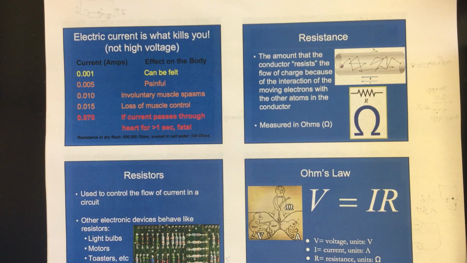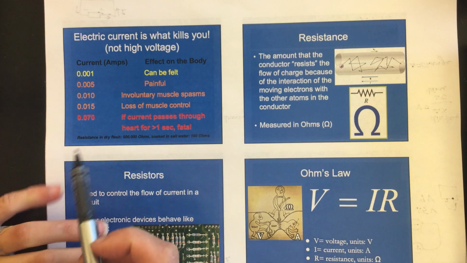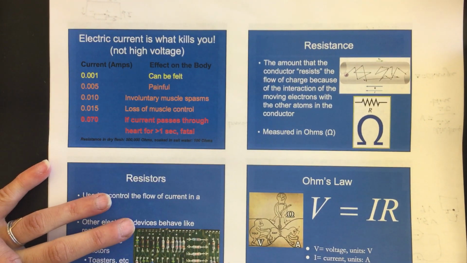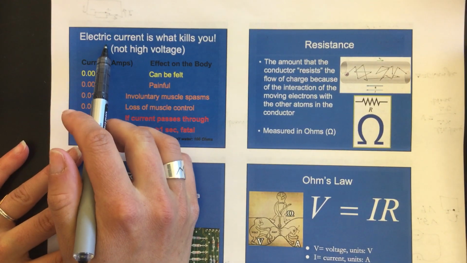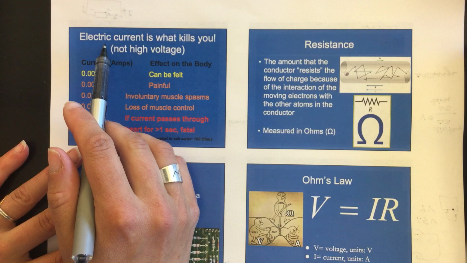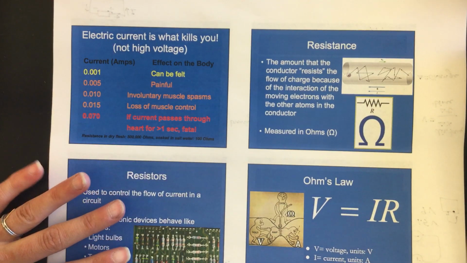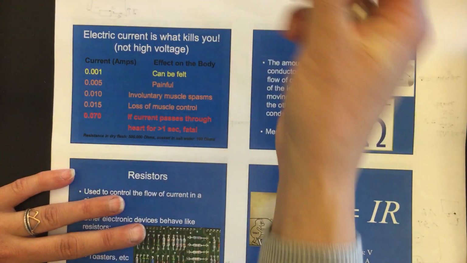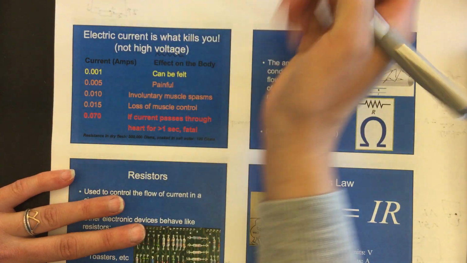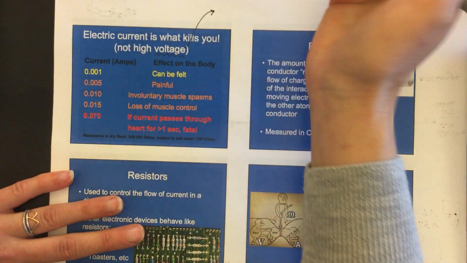Okay, this is continuing our conversation about current and just adding one other new idea to it. This slide here is just kind of fun to think about and know. Electric current, or a crap ton of electrons running through your body, is really what kills you, and high voltage can cause that. Voltage from our last unit we know is potential difference,